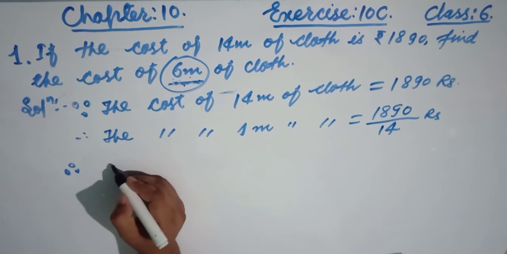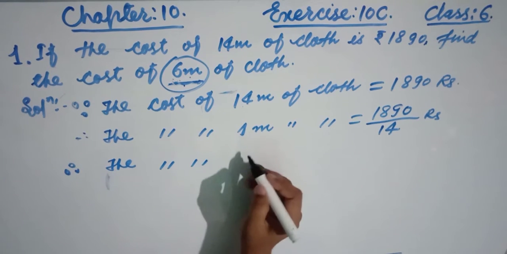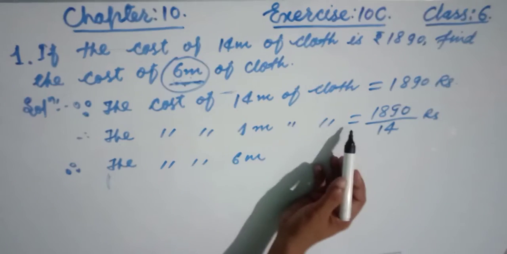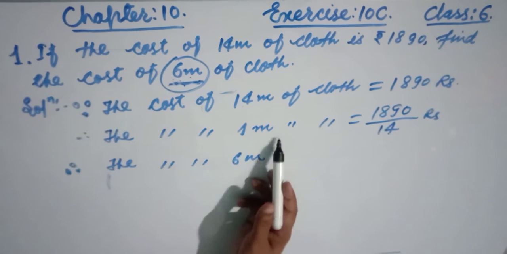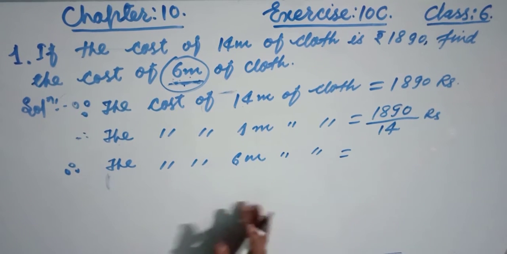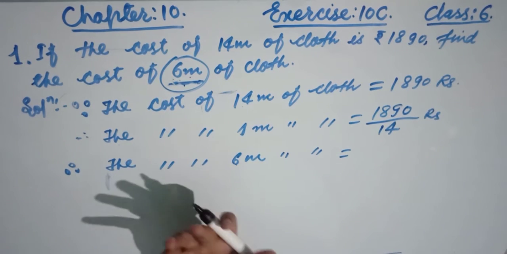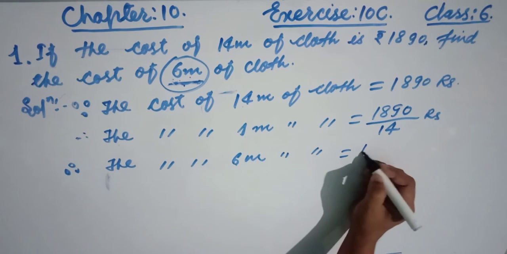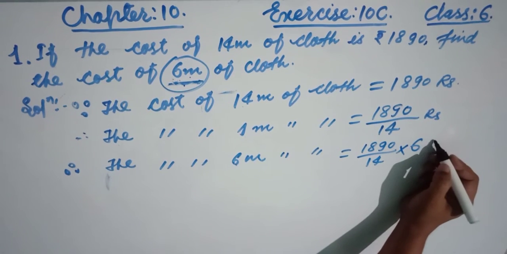Therefore the cost of 6 meter friends, first we have to find the value of 1 unit, then we have to find the required number 6 meter. Now remember friends, here we need the more things. More means multiply, and if you think friends 1 meter is this much, then 6 meter will get more, means multiply. Here we have to multiply, this is right as it is, and now multiply with 6 meter. This is friends total rupees.